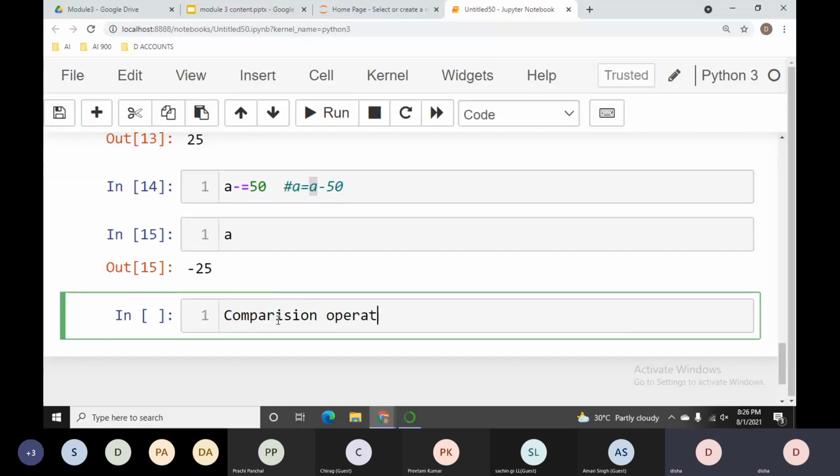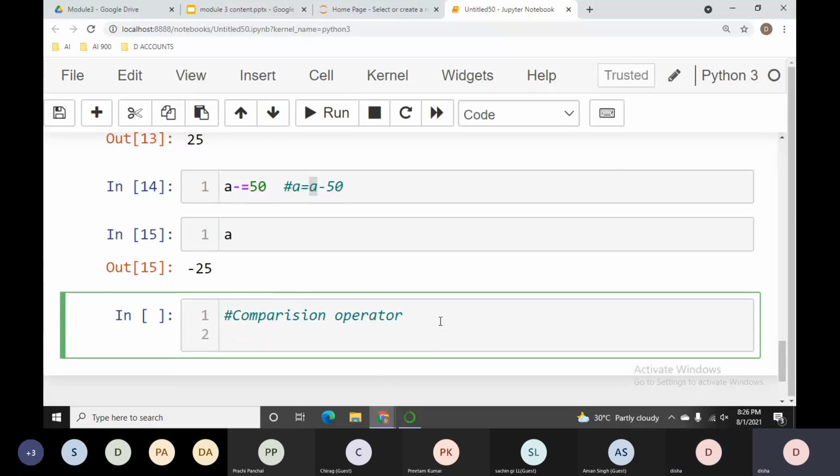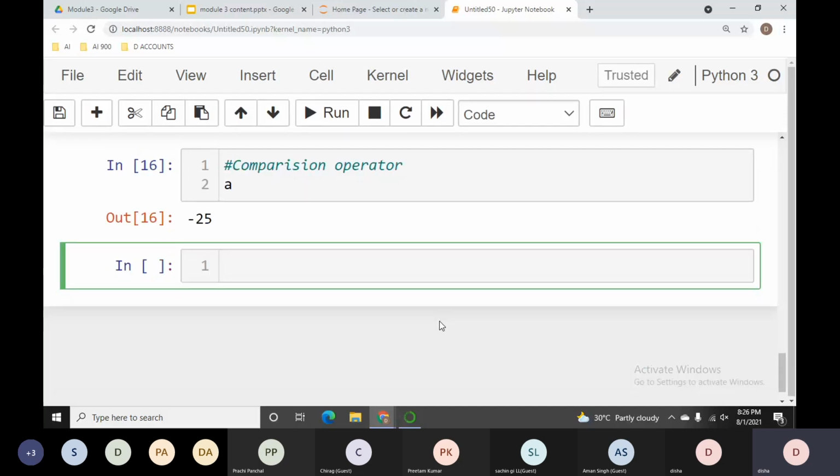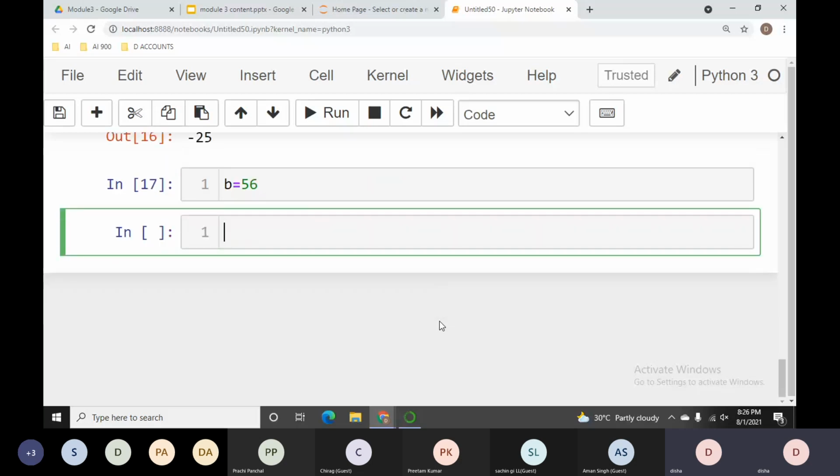So what is the comparison operator? It is used to compare, and we will get a Boolean. Let me take one more value, 56.